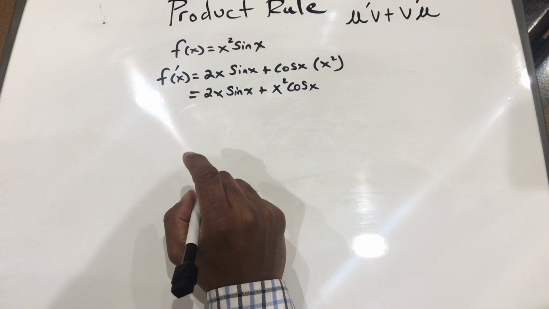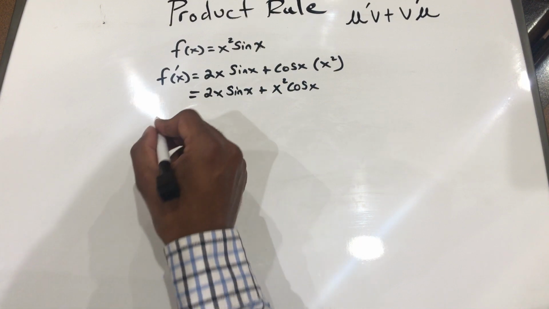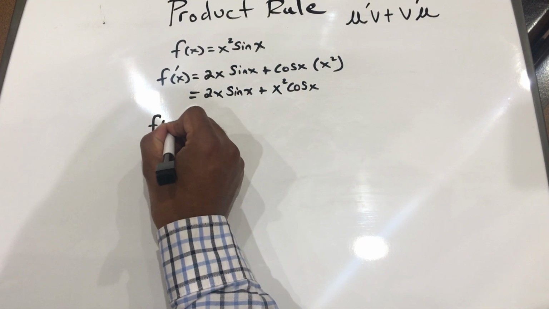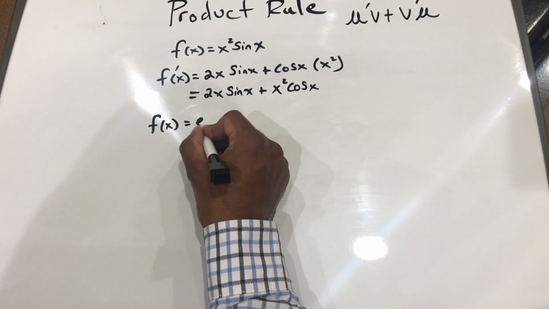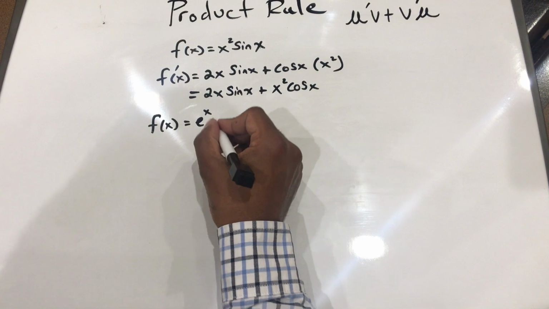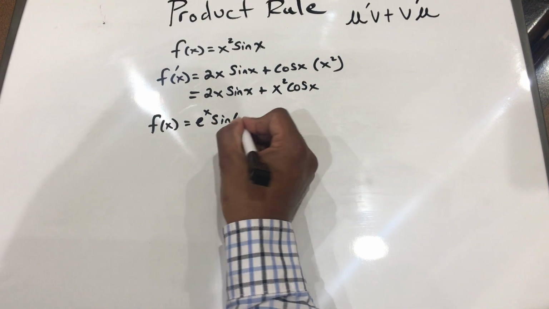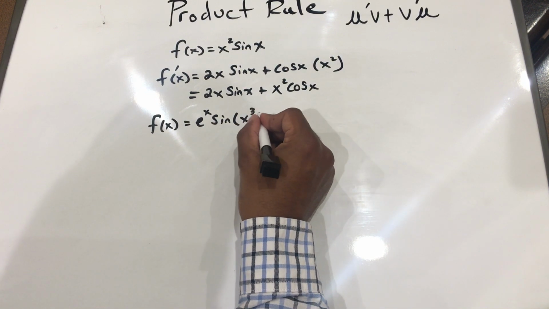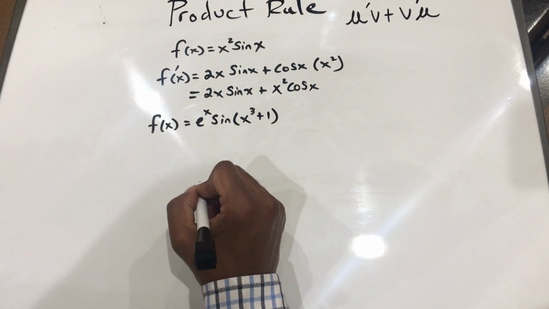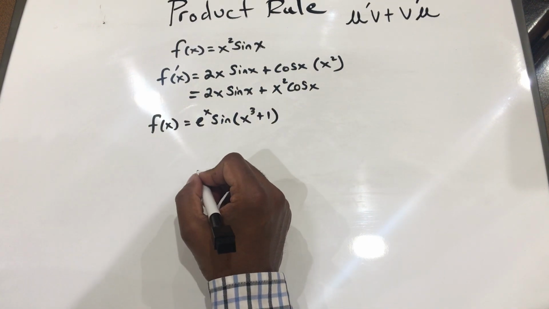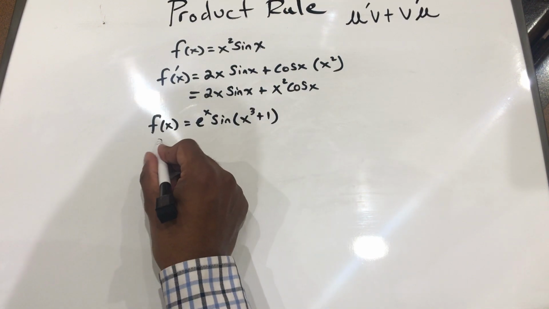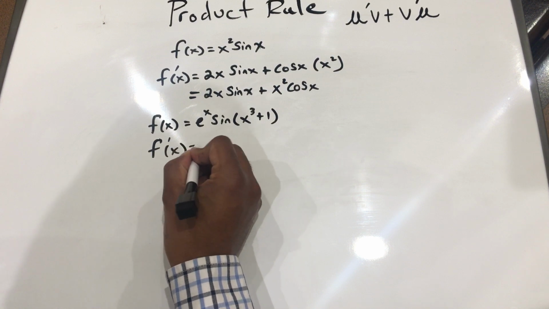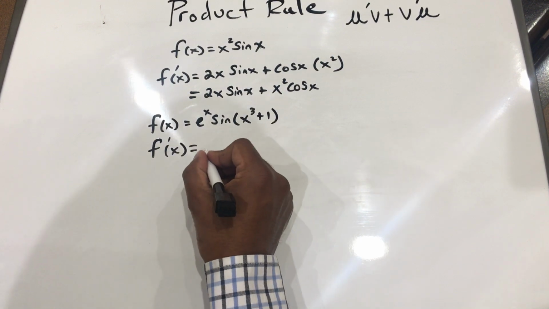Now let's try it with a slightly different problem, but we'll continue to use sine x. So I'm going to write e to the x sine of x cubed plus 1. Now remember, whenever we differentiate a trig function, we have to multiply it by the rate of change of the angle. So let's begin. Left to right, f prime of x equals, the derivative of e to the x is